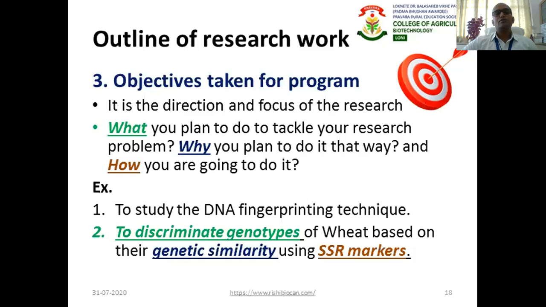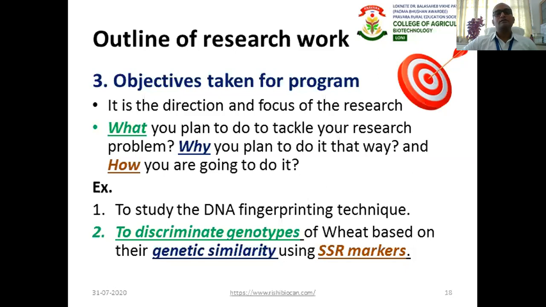And how are you going to do it? You are going to find out genetic similarity using SSR markers. So all these questions have been answered by your objective. That means your objective is correct, and it is very short and pinpoint.